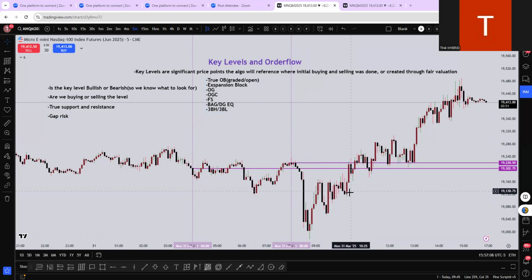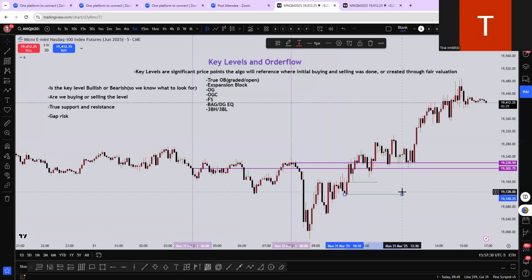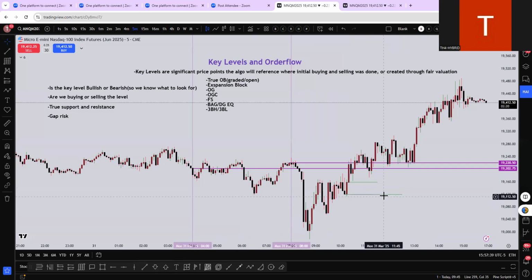It's the OGC. The OG is going to be the origin of the expansions. The OGC is the origin confirmation, which is always going to be the second candle in an expansion. That confirms the expansion. So 1 candle, 2 candle. The opening prices of both of those are going to be significant. We want those acting as support to frame bullishness. If those are getting closed below, especially the origin of an expansion, then we expect it to act as resistance